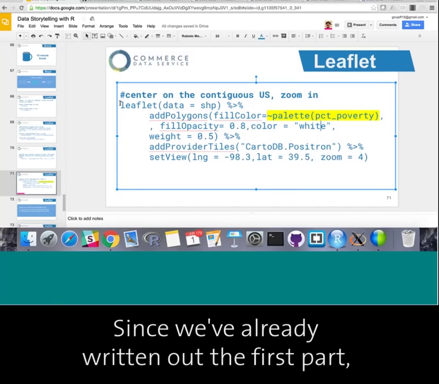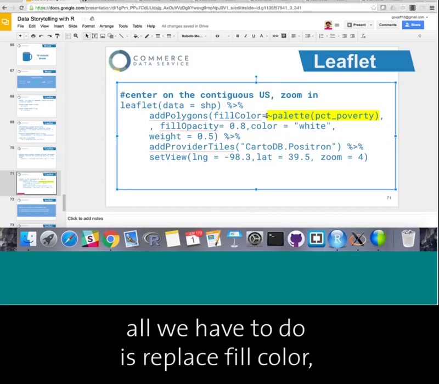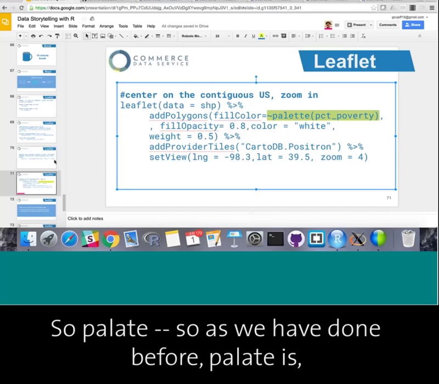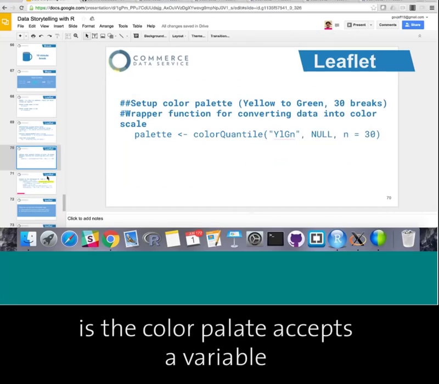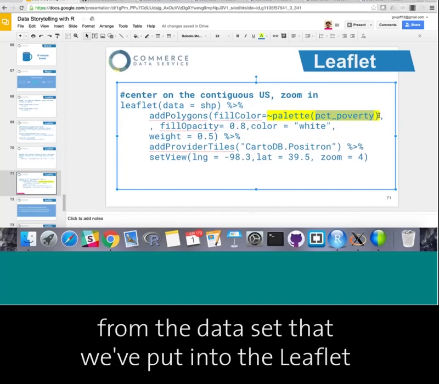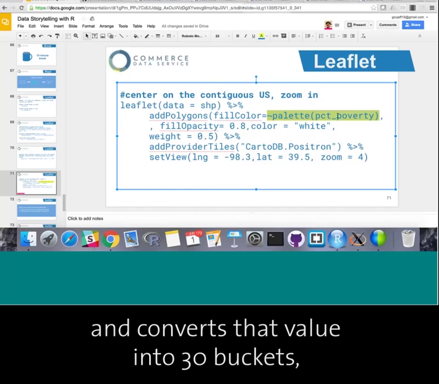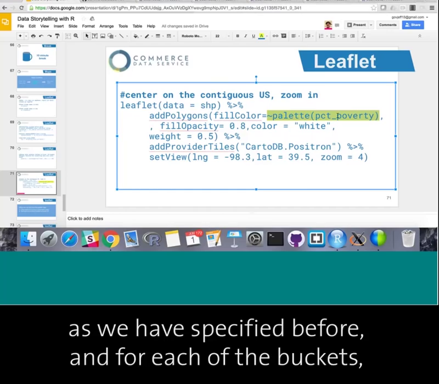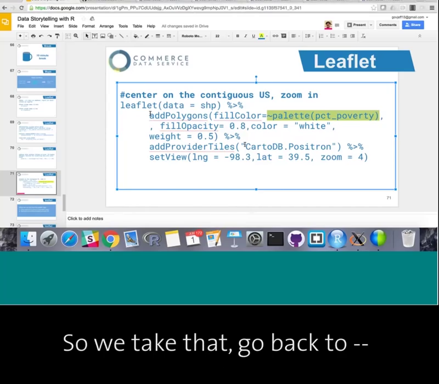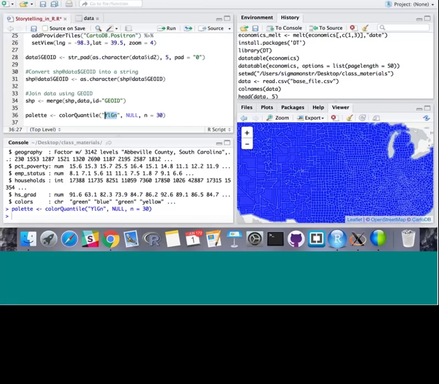Since we've already written out the first part, all we have to do is replace fill color, which was previously blue, with this function. So palette, as we have done before, is the color palette. It accepts a variable from the data set that we've put into Leaflet and converts that value into 30 buckets, as we have specified before, and for each of the buckets, there's a color. So we take that, go back to,